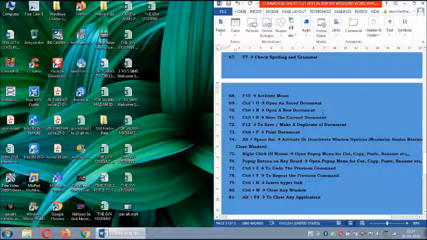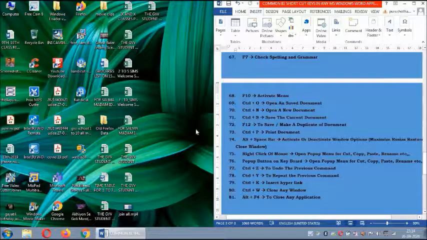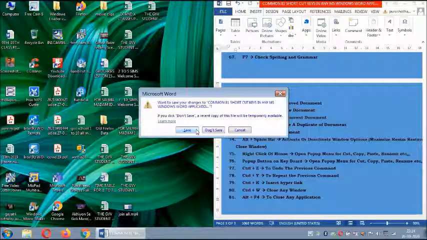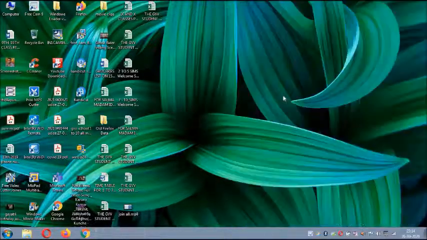By default only one application is open for me. I say Alt F4. By default it is asking. Again Alt F4 I say. What happened to that particular window? Oh, closed. So Alt F4, any application or window. Just before doing that I say Control S. Now I say Alt F4. What happens? See, it directly closes.